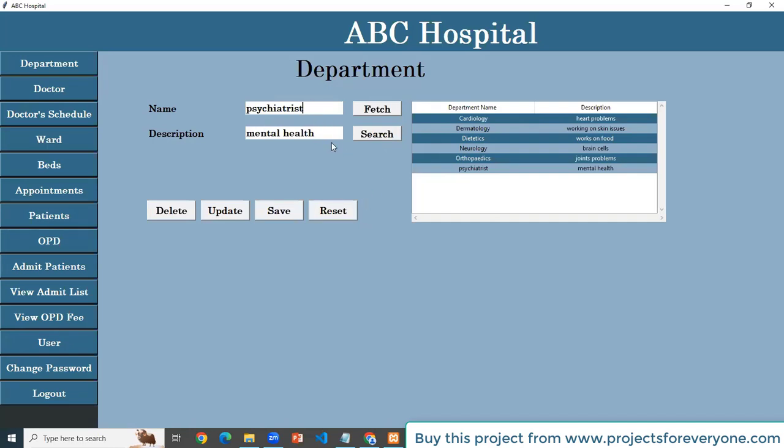You can also update it, but only the description part. If you want to update the name, you can delete the department and create a new one.